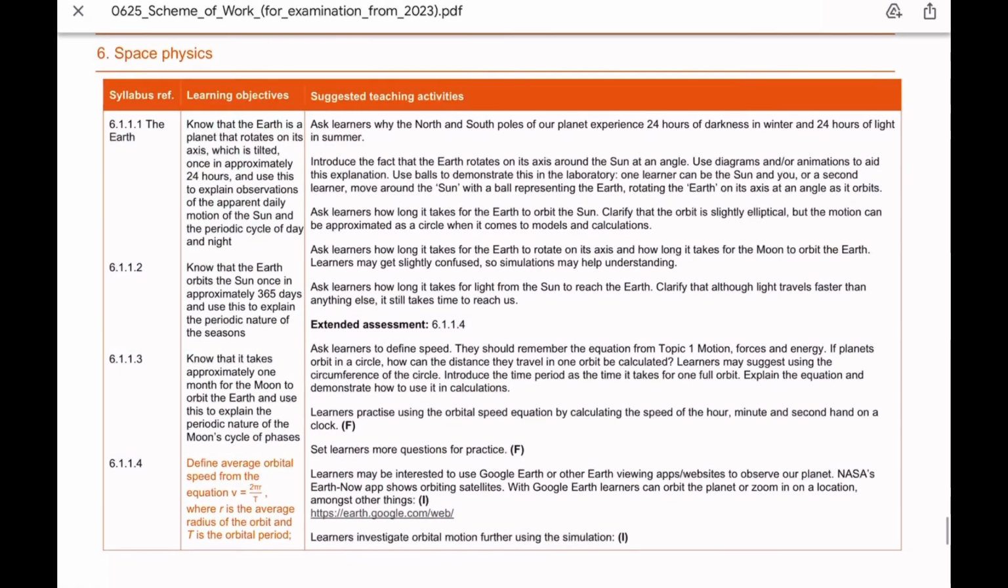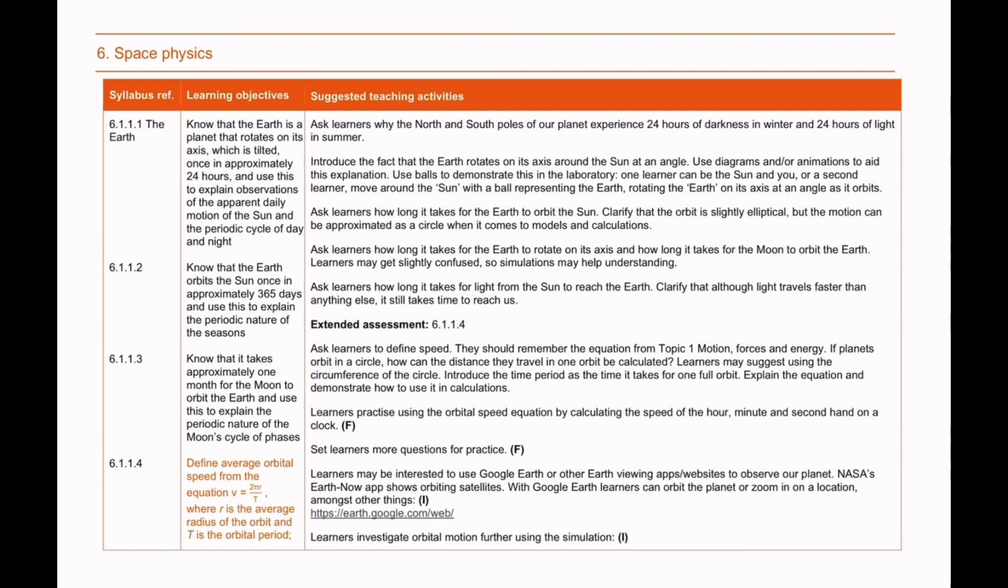Number 6. Space physics. Key concept, the Earth. Learning objectives. Note that the Earth is a planet that rotates on its axis, which is tilted, once in approximately 24 hours, and use this to explain observations of the apparent daily motion of the Sun